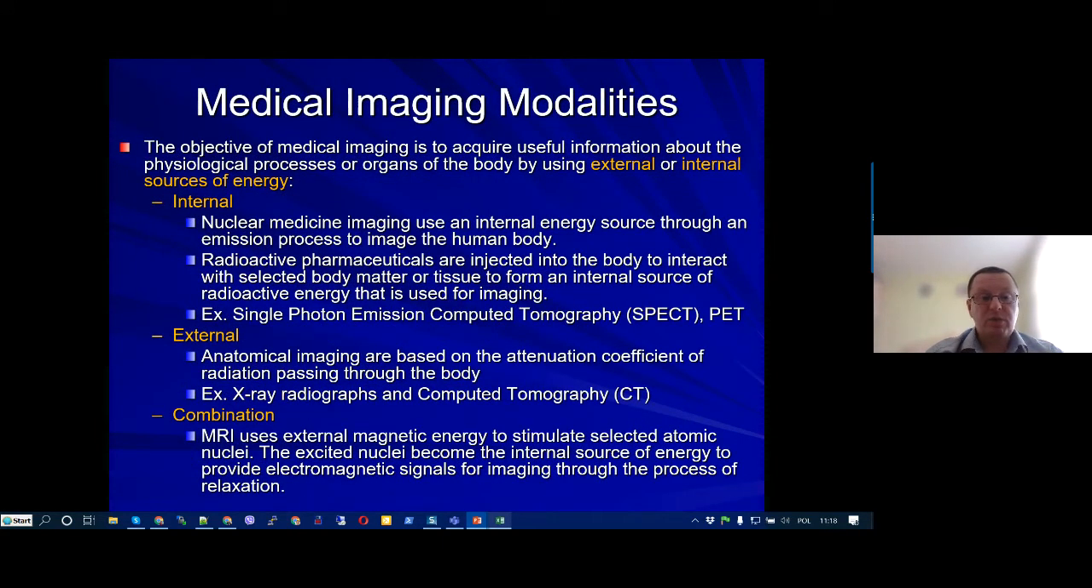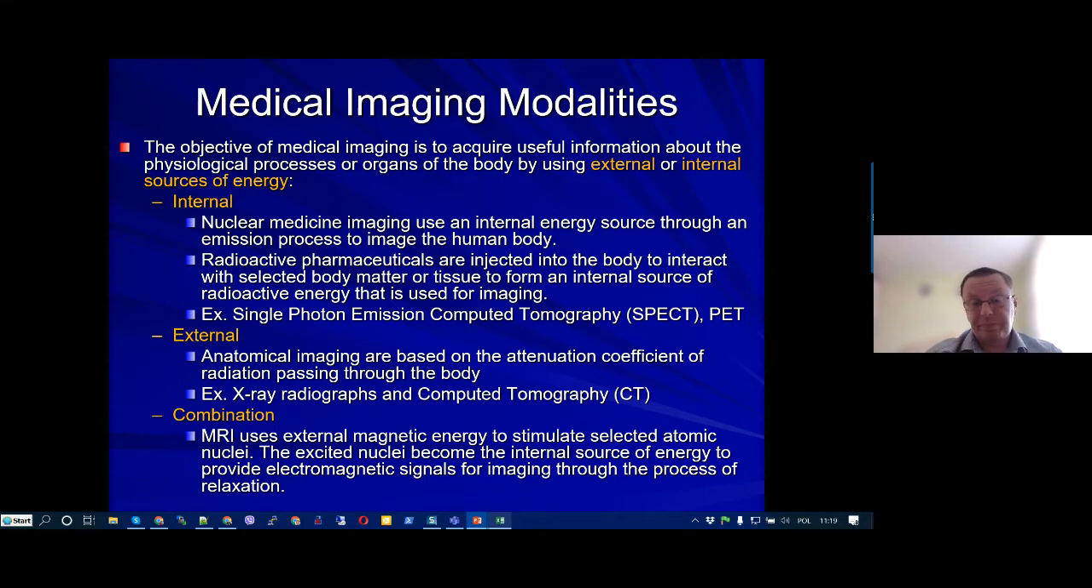So the objective of medical imaging is to acquire useful information about the physiological processes or organs of the human body using external or internal sources of energy. So here we come to classification by modalities, of what kind of information we can retrieve with the support of a specific energy source. So internal usage is within nuclear medicine, in general, like single photon emission tomography